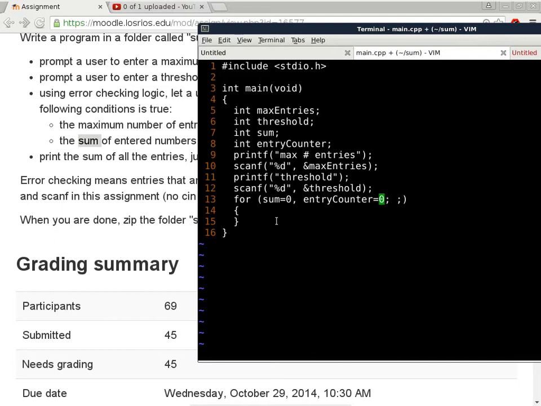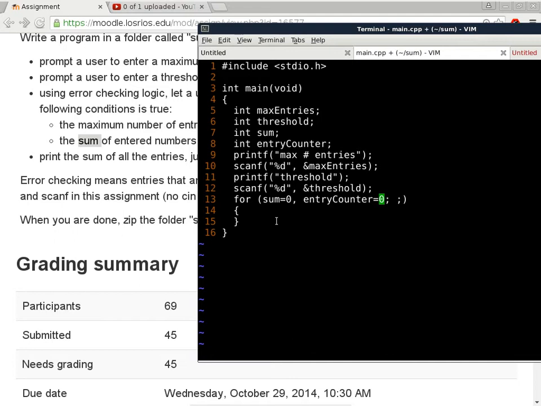It gives you a context and says, oh, these variables are related to the loop itself. Maybe we need to use these things also in the condition as well as the body of the loop. So that's why it is nice to have a for loop